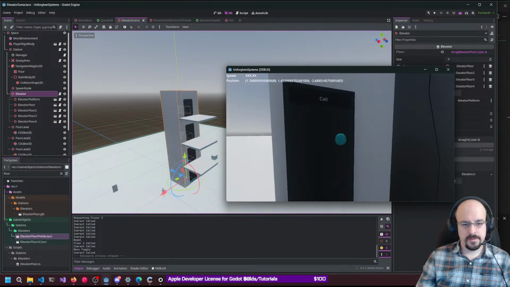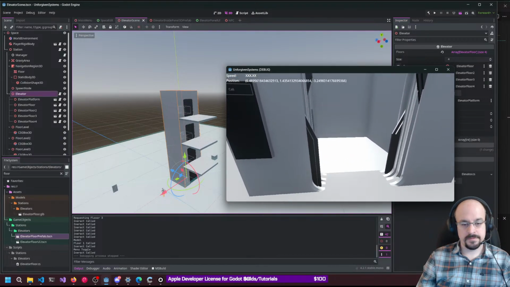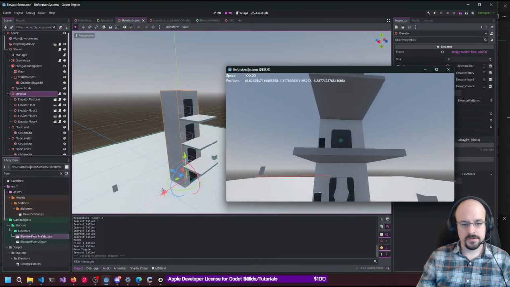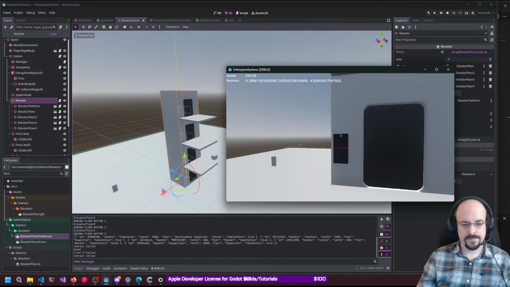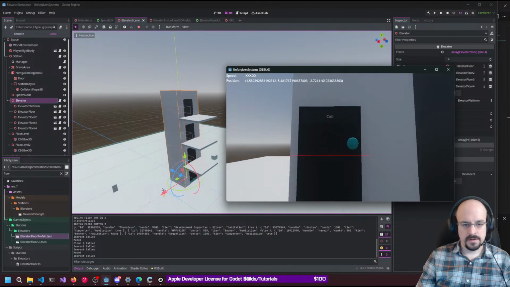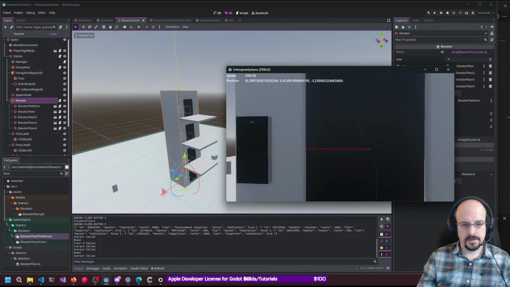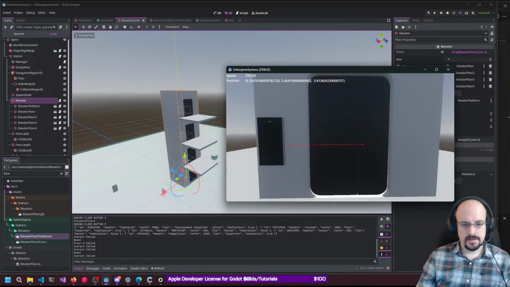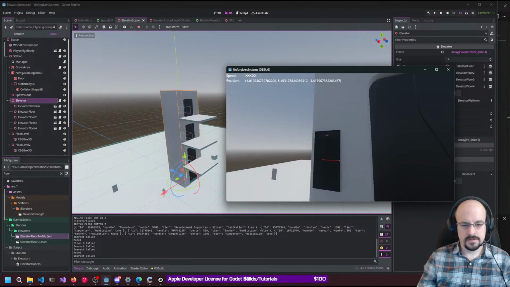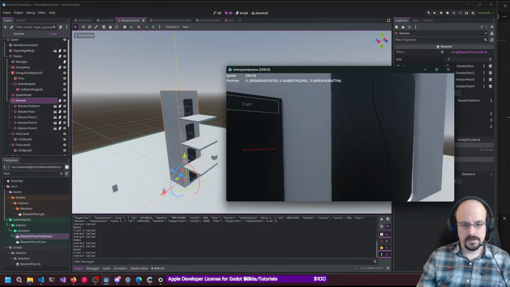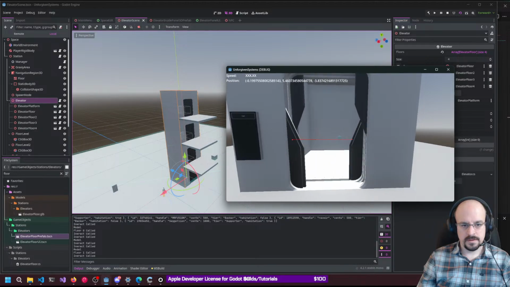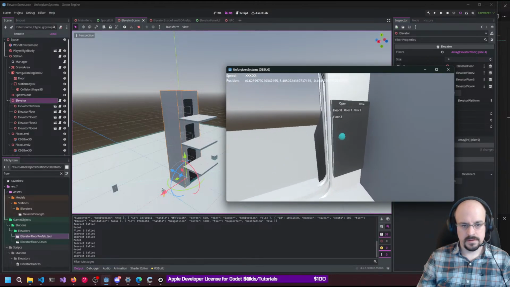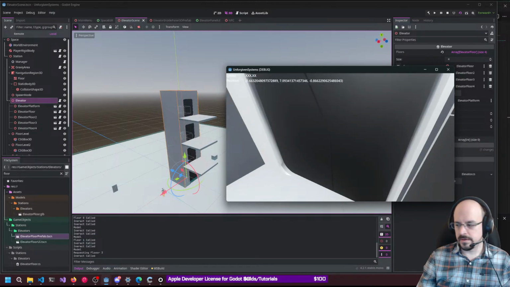So it should already be here, so this should open. And if we call it to the second floor, to the top floor,